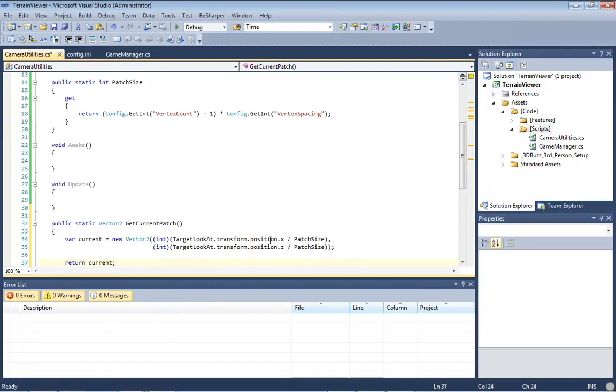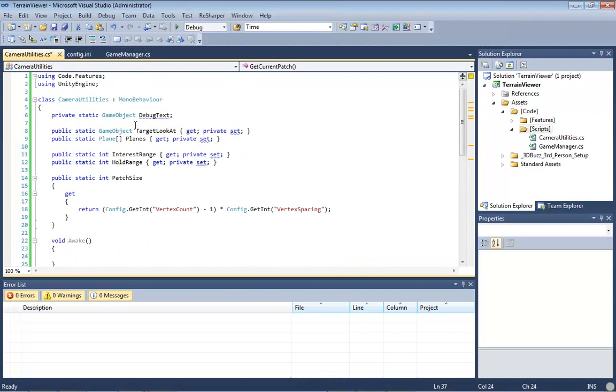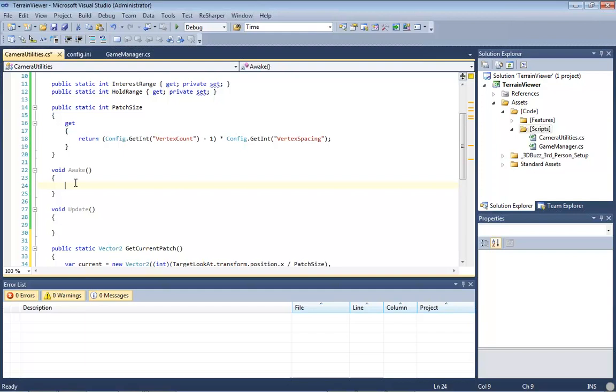Now, that does leave the fact that we do not have a target lookat right now. We've got one available, but it's not set. So we need to set it. So let's go up into our awake method. And inside of here, we'll say target lookat equals GameObject dot find